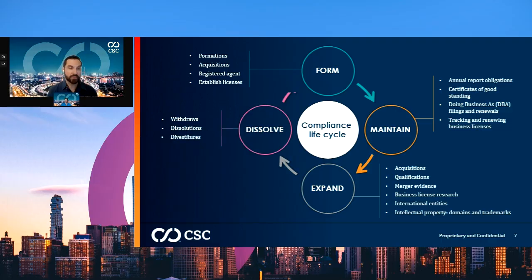And then, as with the nature of things, it leads with dissolving or terminating the legal existence of the entity. Oftentimes, that's going to be filing a withdrawal, which closes out a registration in an additional state, or dissolving the legal entity itself in the state where you first created it through the filing of the proper paperwork. It's important to tie in annual reports into this because in order to formally dissolve a company, you do need to make sure all of your outstanding annual reports have been filed and the company is in good standing prior to being able to file and submit those documents for acceptance by the state